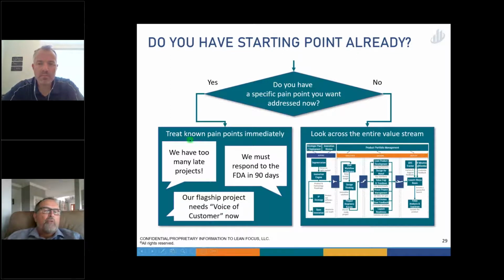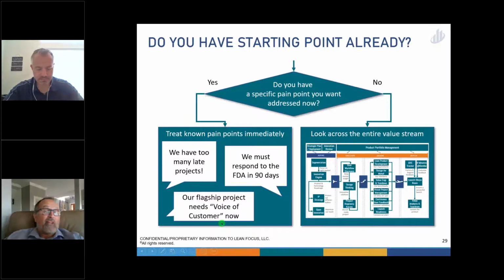If you have too many late projects, I remember this example very well, where we had a project issue that basically, because of the project, we weren't going to respond to the FDA on time. And those of you that deal with the FDA know that is no fun. They don't want to hear about the whole innovation journey. You just got to get these 4 projects in on time, which we were able to do through visual project management. And we got the FDA their response, and it turned out to be a happy story.